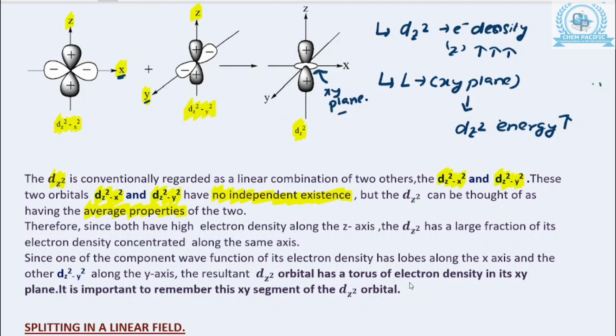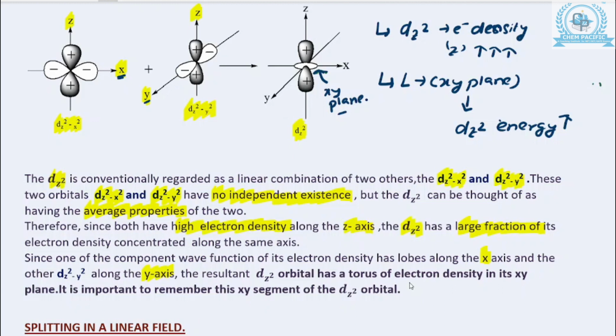And since both of them have high electron density along the z-axis, therefore dz square also has a large fraction of its electron density concentrated along the same axis. At the same time, since one of these orbitals has a component of the wave function of electron density along the x-axis, while the other has a component of the wave function of electron density along the y-axis,